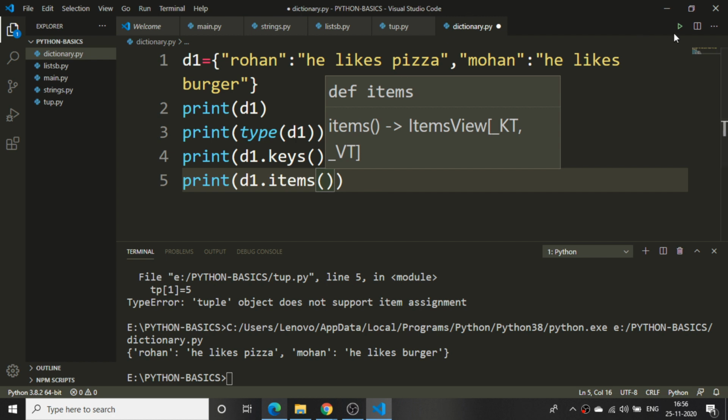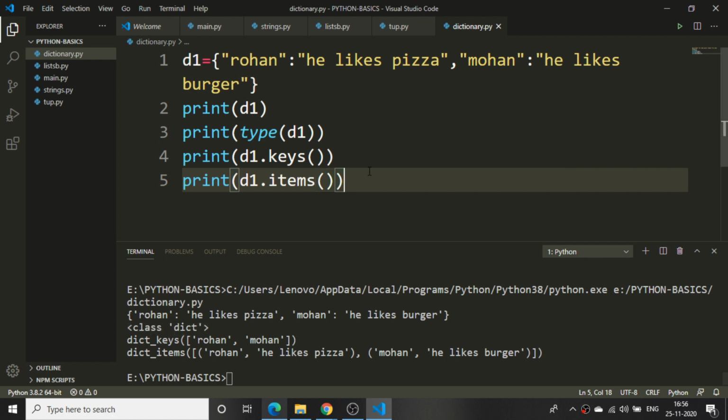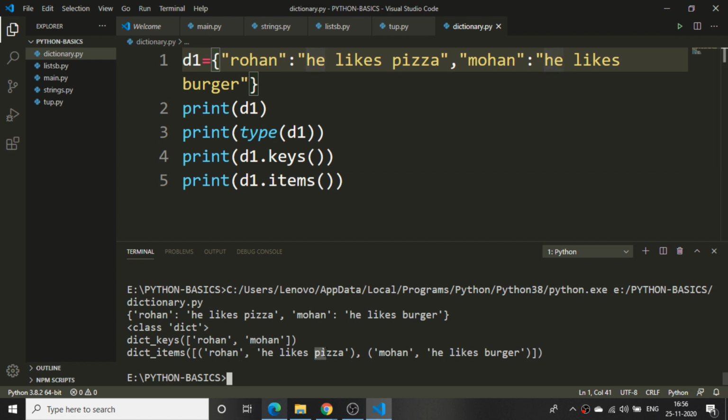If I run this program, we can see I'm getting everything. It tells me the class dictionary, and the dict keys. Rohan and Mohan are the two keys here. The values are coming in the form of a list of tuples. You can see I am getting all the items, Rohan likes pizza and Mohan likes burger.